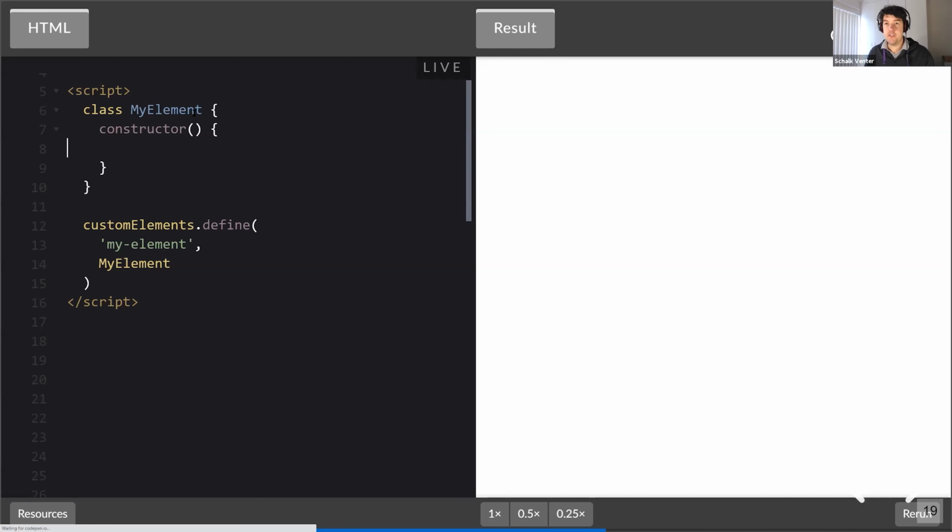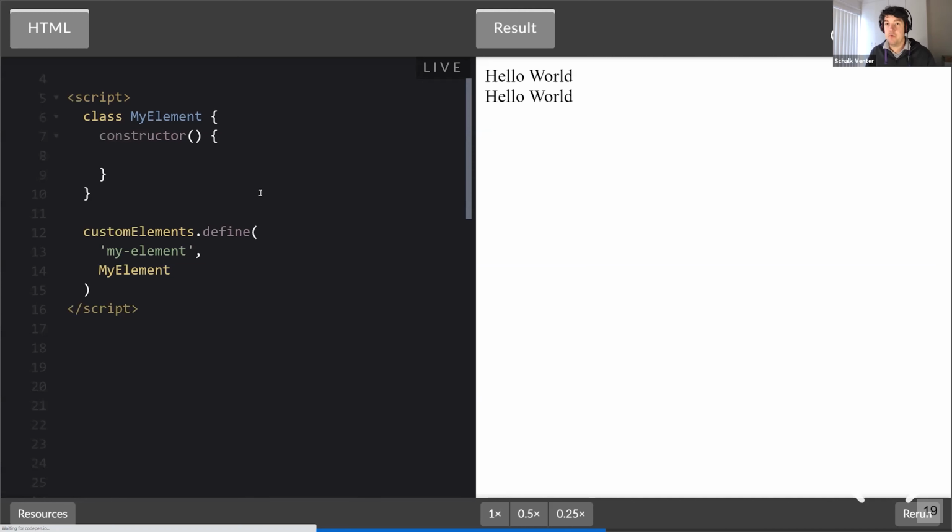Well, before I get into that, obviously we don't want to just have a base class. We want to actually extend HTMLElement. Okay, so we just take a base HTML element with no behavior and we extend it. This is the base level thing that's used to create elements for us in the DOM. And then in our constructor, we just want to run super. Okay, so what super essentially does